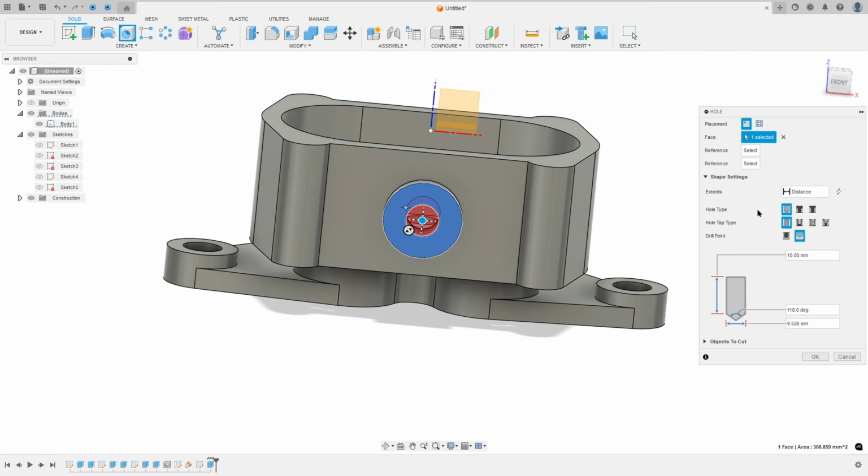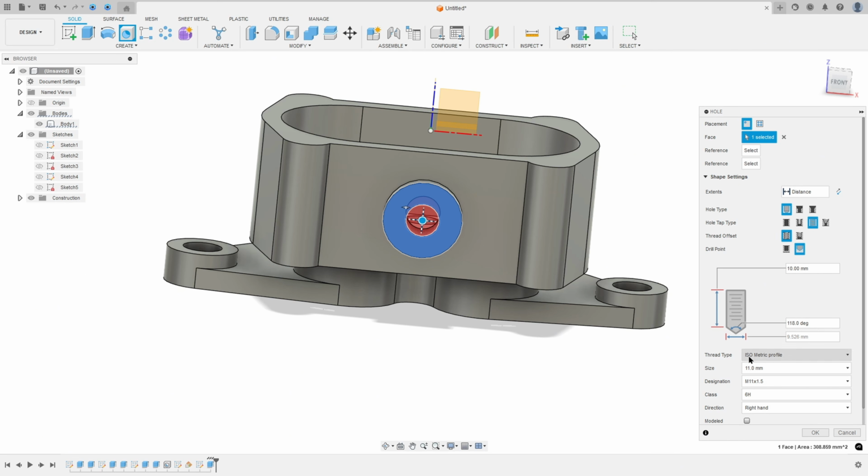And here in the hole type simple, the hole type, select tapped, and the 3D type change here to BSP, and the designation here, sorry, the size, select the 114 here, and the designation is this one,